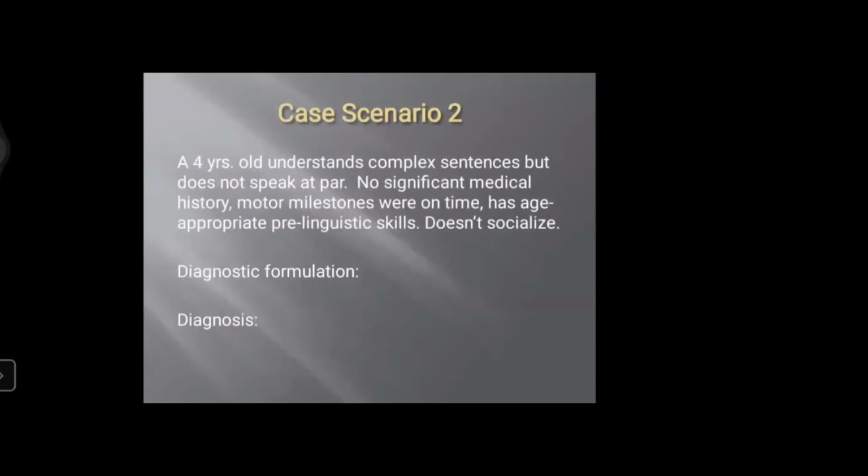So case scenario 2. A 4-year-old understands at par with normal, but he doesn't speak at an age-appropriate level. He had no significant medical history, motor milestones were on time, has age-appropriate linguistic skills, but he doesn't socialize. The moment we see he doesn't socialize, it comes to our mind that maybe he has autistic spectrum disorder or something. So we need to observe him in the clinic, to see if he has any stereotypical movements,